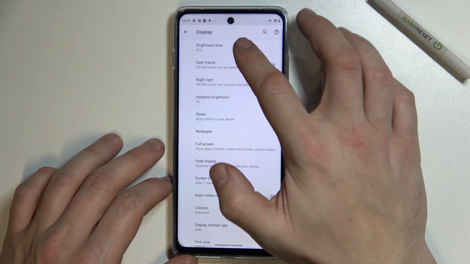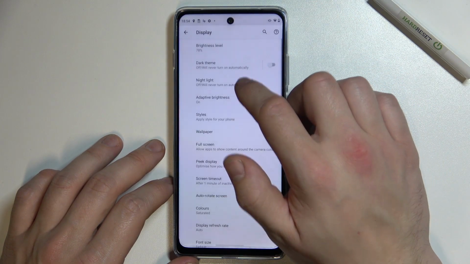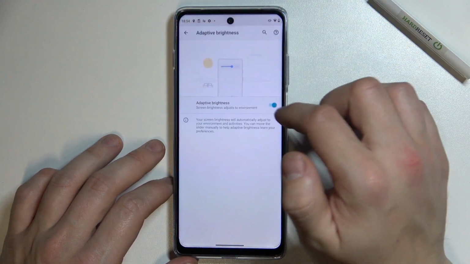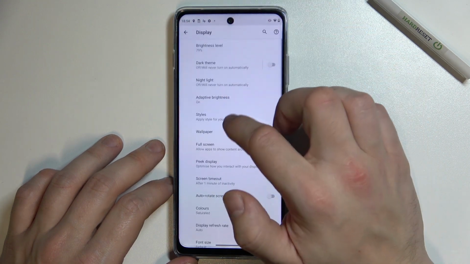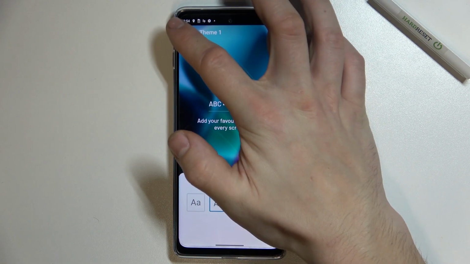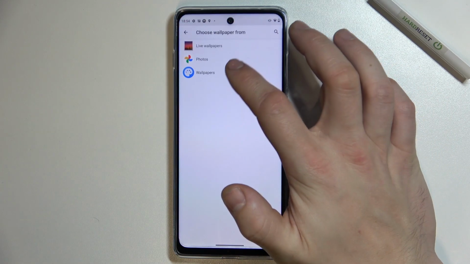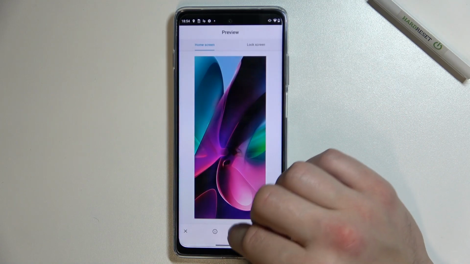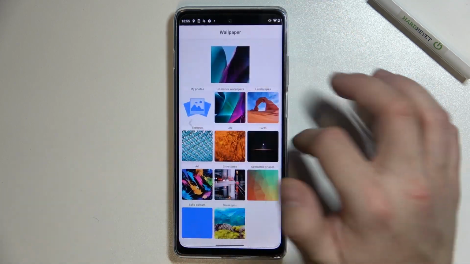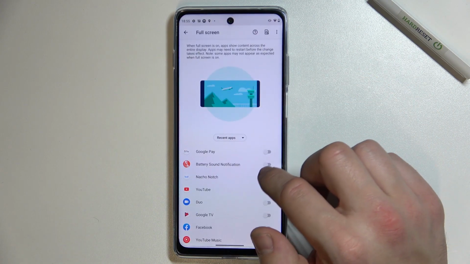Let's start with the top, where we can change brightness level, enable or disable dark theme, night light, adaptive brightness, and we can change styles of our display. Next, we can change wallpaper, manage full screen apps,